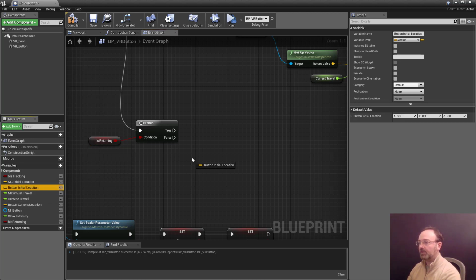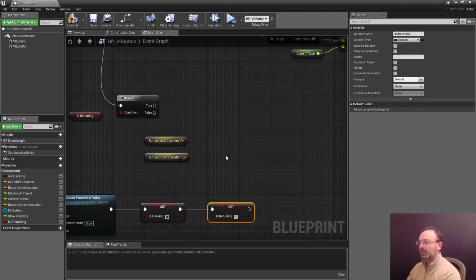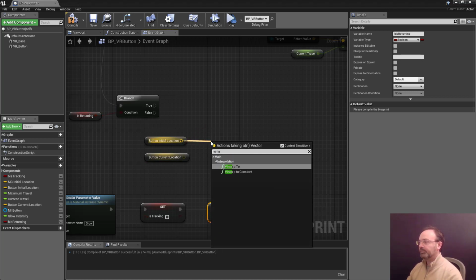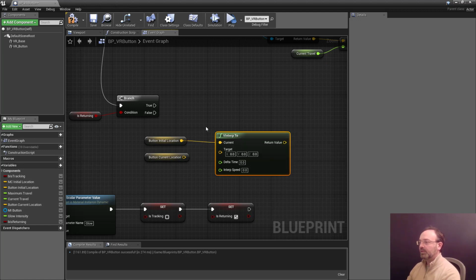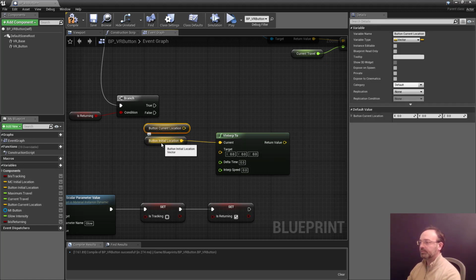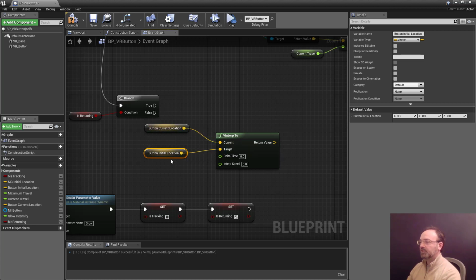So basically we take the initial location of the button, which is the target, we take the current location, which is where the button is right now, and we use a nice function called VInterpTo. So this is vector interpolation. So basically from the current location, which is this one, to the initial location, which is our target, with